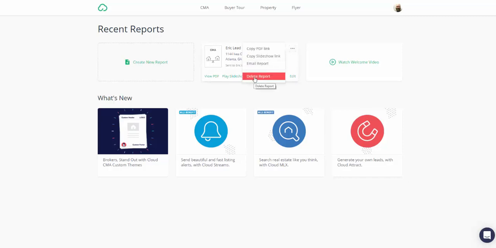So if you have a report hanging out here in Cloud CMA that you fooled around with 2 years ago and oh my gosh, I don't need that anymore, that's how you can delete it. Just click on those ellipses, delete report from that menu. Otherwise, you can copy a link to either the PDF version or the slideshow version, or you can email this